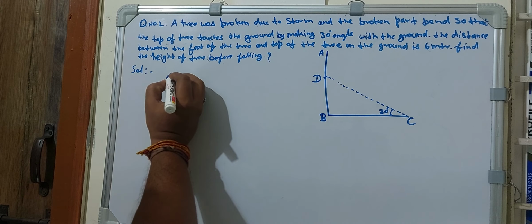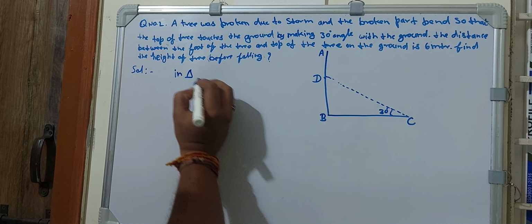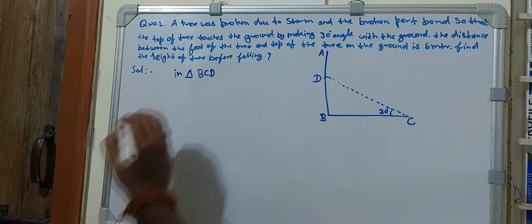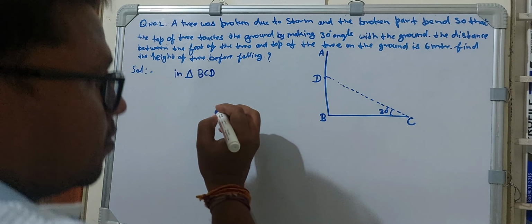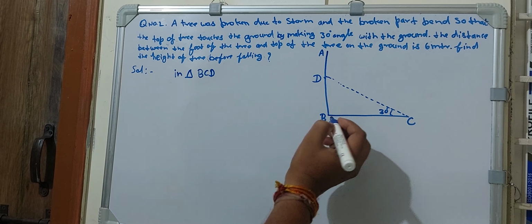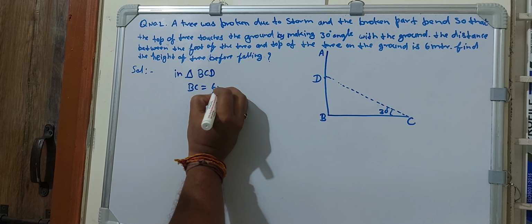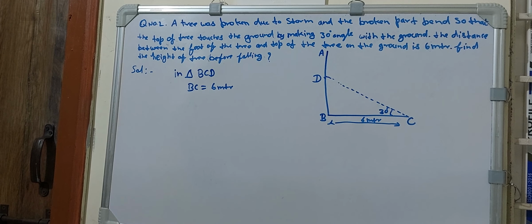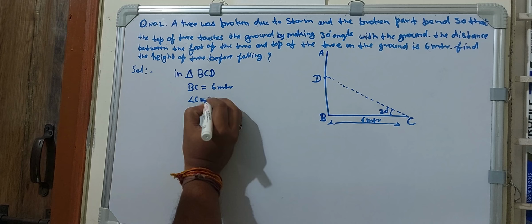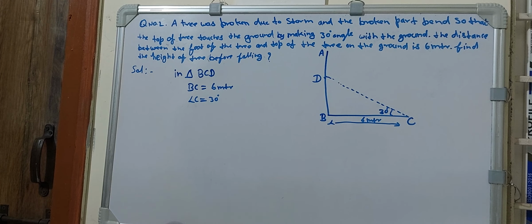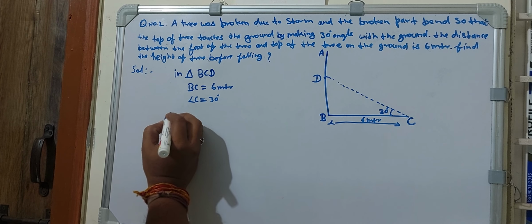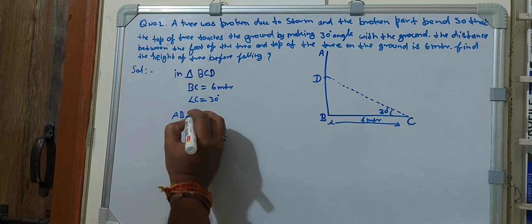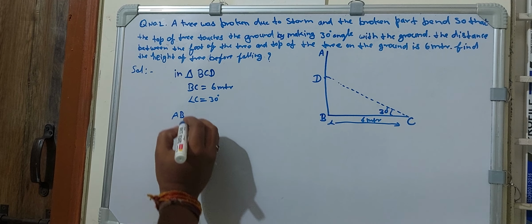So in a triangle BCD, what we have, they have given BC is equal to 6 meter, and angle C is equal to 30 degree, and they are asking total height of tree before falling, like AB, that means which was broken and it became BD, implies